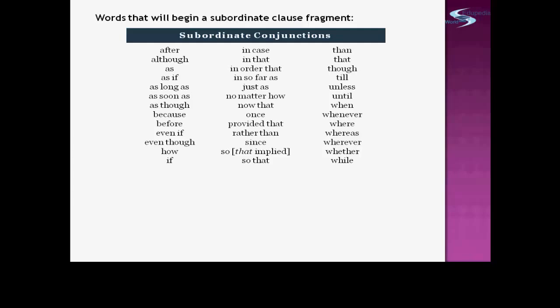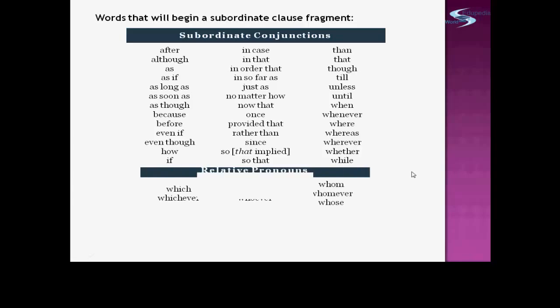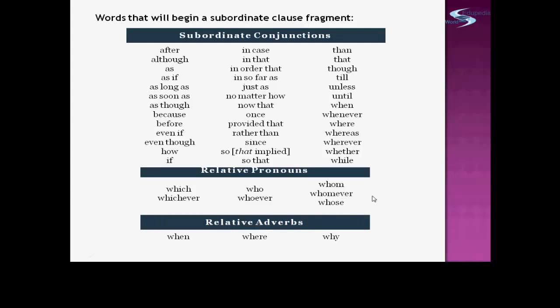Words that will begin a subordinate clause fragment are classified into three. One, subordinate conjunctions, as you can see. Two, relative pronouns. There are only seven. And three, relative adverbs. There are three of them. Second is